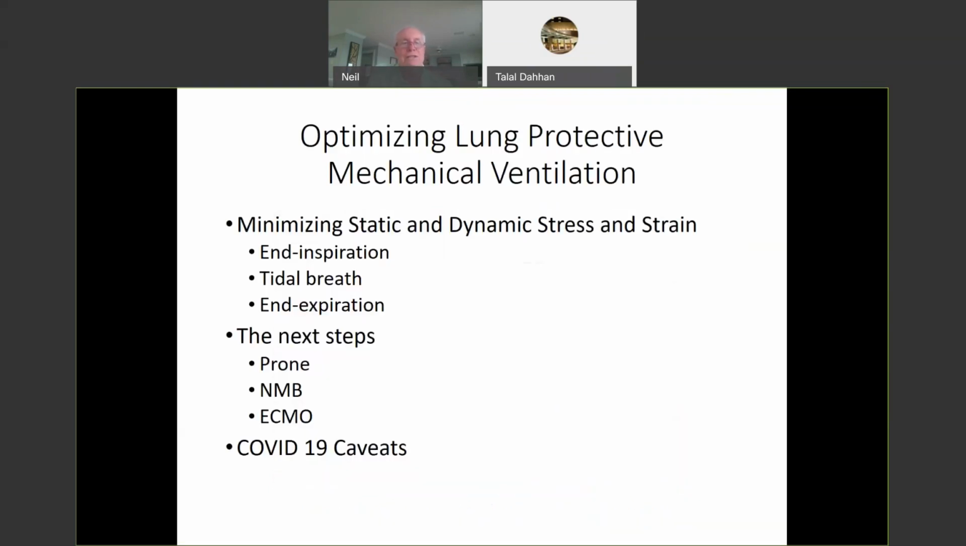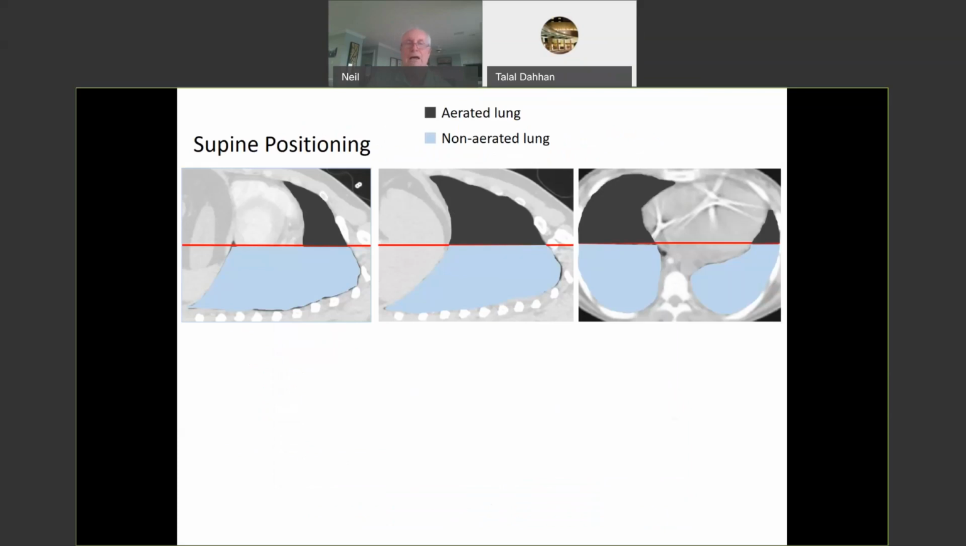So the last few minutes, I want to talk a little bit about COVID-19 and what we're learning. I think the principles I've already talked about apply to COVID-19, but there are some interesting caveats. Oh, I almost forgot. I'll come back to COVID in just a second, my apologies. There are some things I think that can be done as an adjunct to